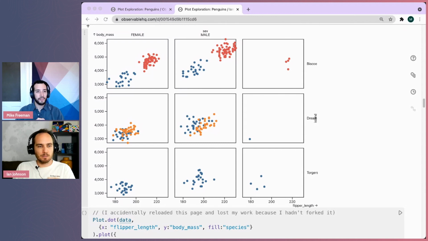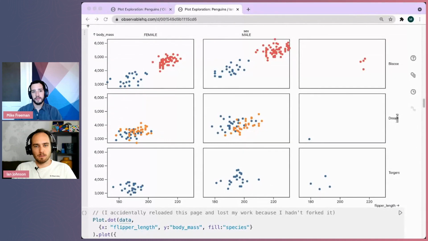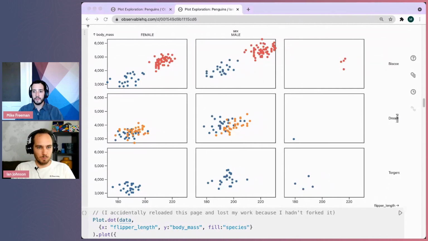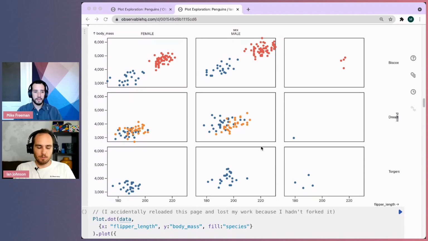Yeah. I'm also going to customize a couple things. So one thing I like to do is make them full width. By default, it's sort of the paragraph width. And then we'll add a little bit of margin, right? Oops. And this is an interesting thing. So we haven't mentioned this, but you can override the scales. So like the X and Y, you could control the domain and range, which I think we'll get to in a later example. But the facet has its own sort of